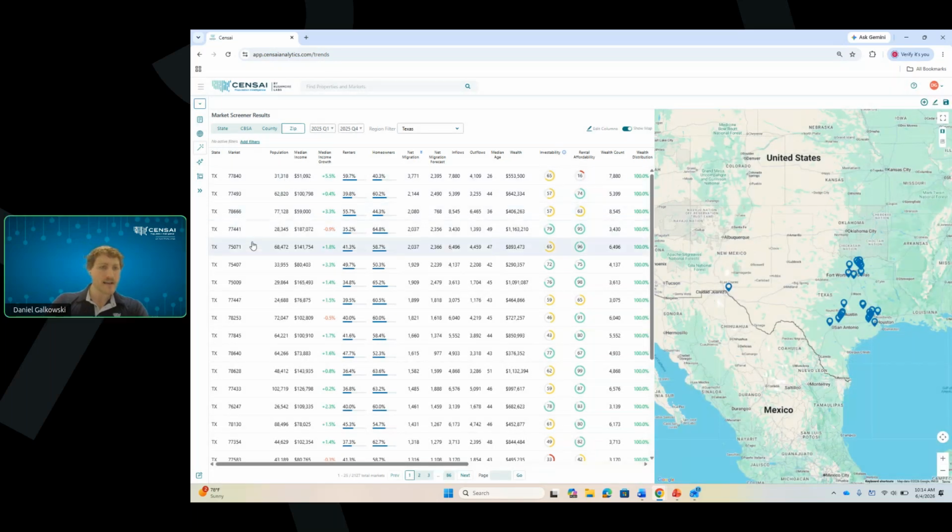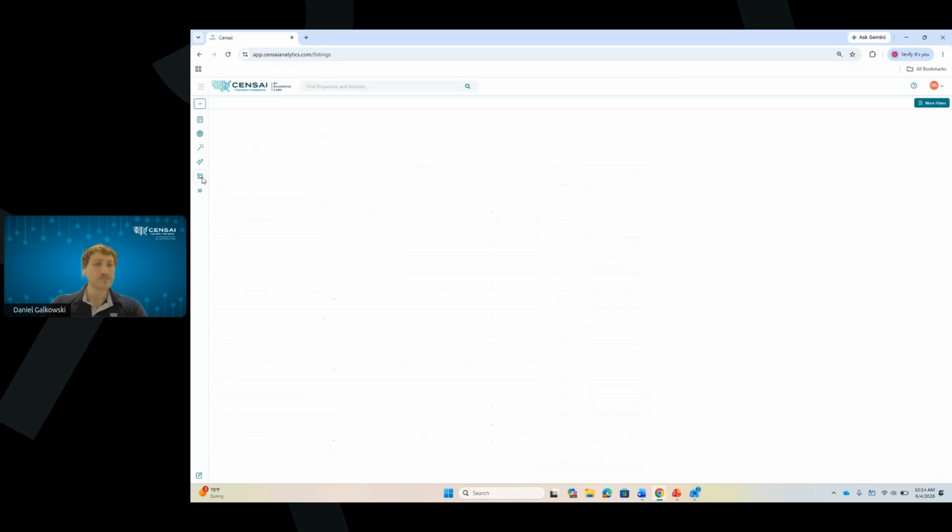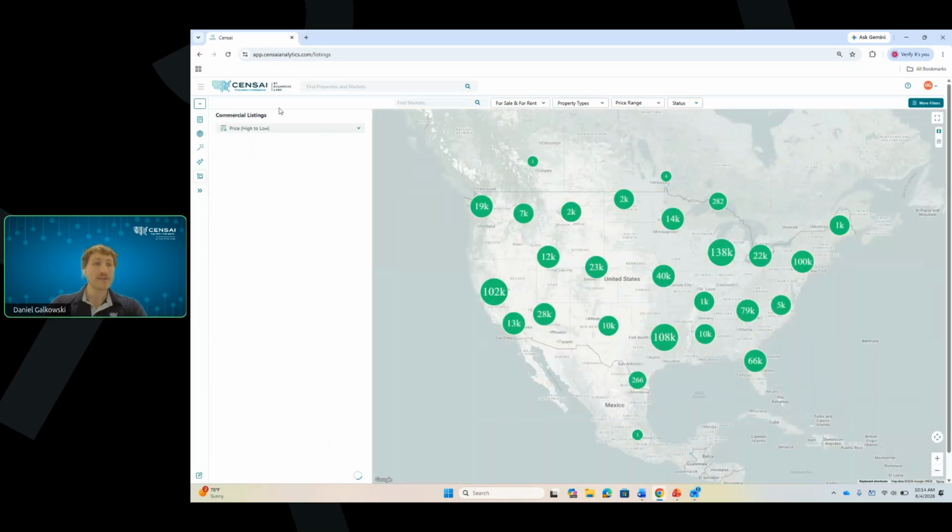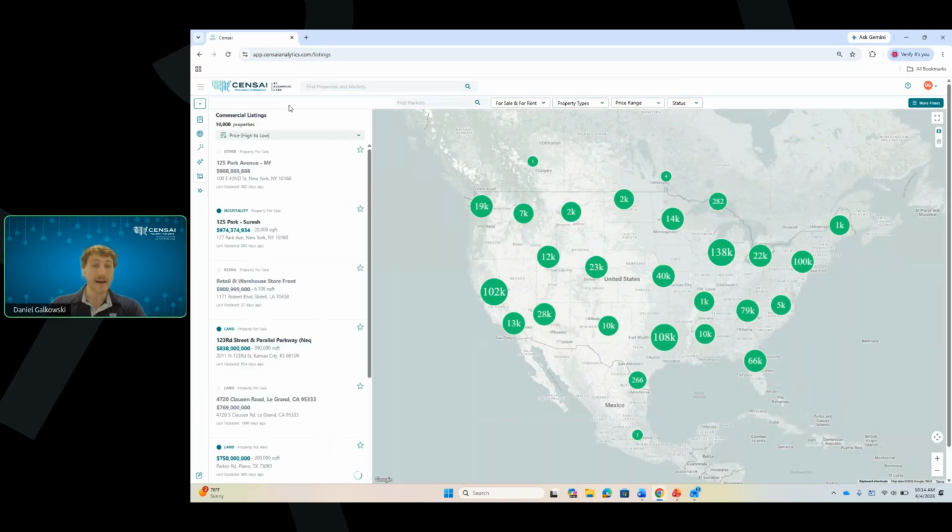So let's just go down. We're going to grab 75071. It's just got a little bit larger population and median income. And then I'm going to go over to our commercial listings page. Our commercial listings page is with a partnership through Resimplify, and the commercial listings do update on a weekly cadence